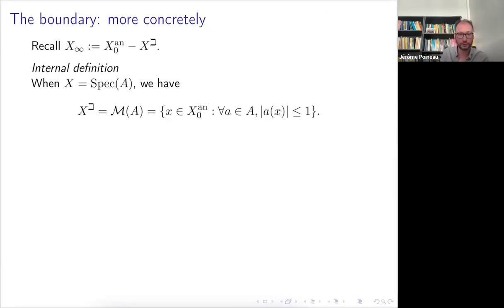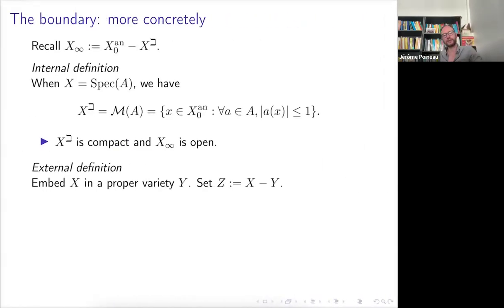Okay, so just a very clear definition. And you also see from that this X-bet, that's a Hebrew letter, is compact. And so the X infinity, which is going to be the boundary, is open. Okay.